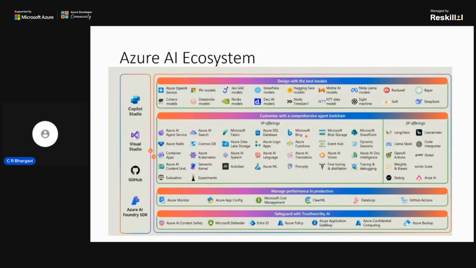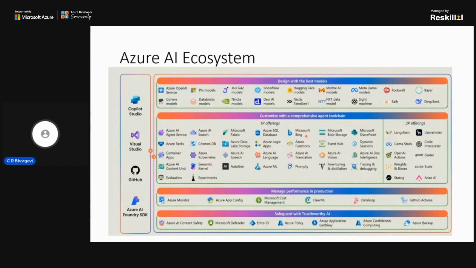Also, when you want to manage the performance in production, you can use GitHub Actions, or Azure Monitor, or ClearML.